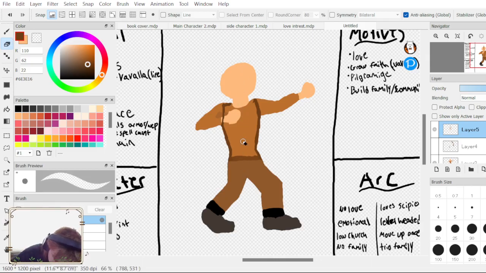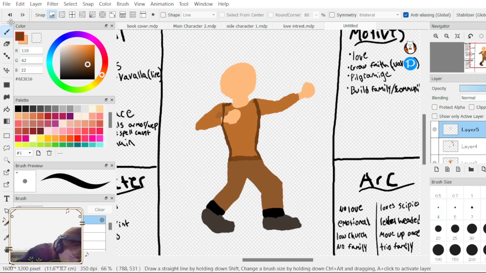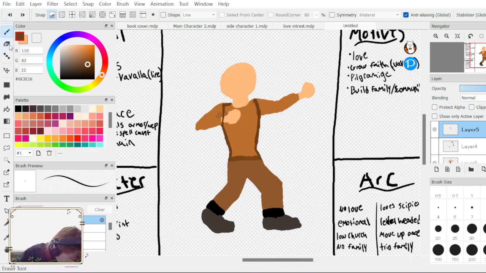Smaller. Small brush. Didn't work. Can I... Dot brush tool. Don't know what that is.